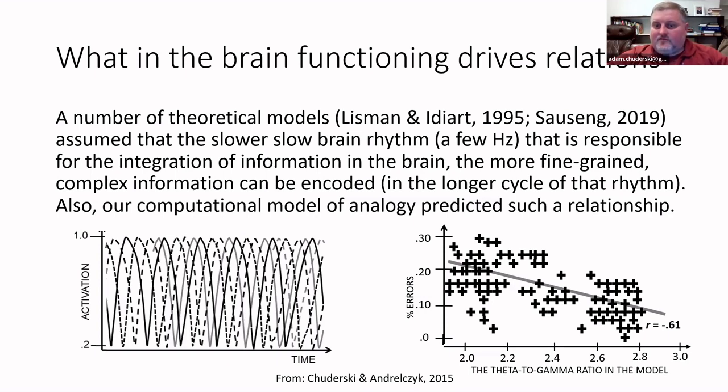So you can see the results for 100 models, the percentage of errors they made on analogy tasks, and the greater the number of gamma oscillations in one theta cycle of a given model, the smaller the number of errors it made. Of course, it's more games than serious science, but it was a nice demonstration of how it could work. So does it work